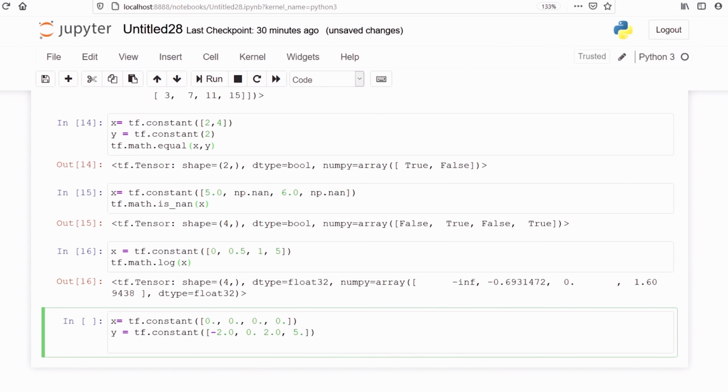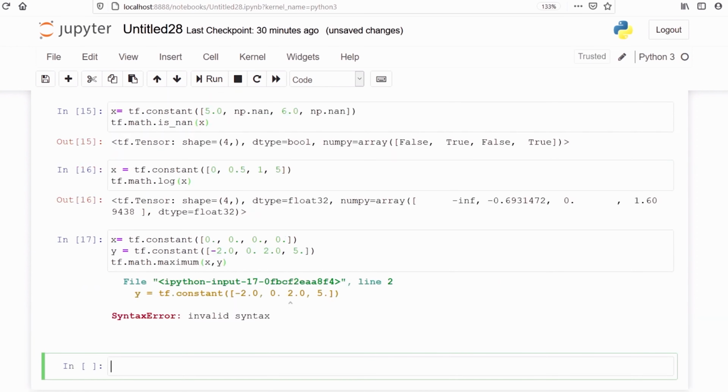Now we will call our maximum function here, tf.math.maximum. Here I forgot to give a comma.